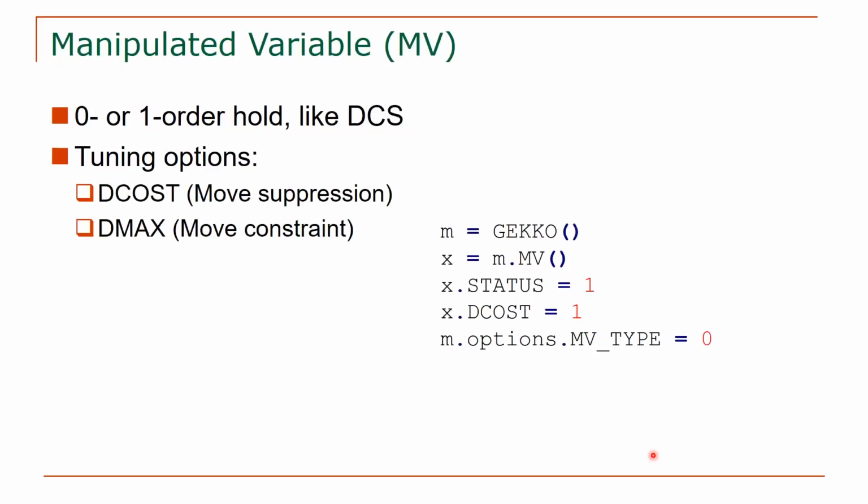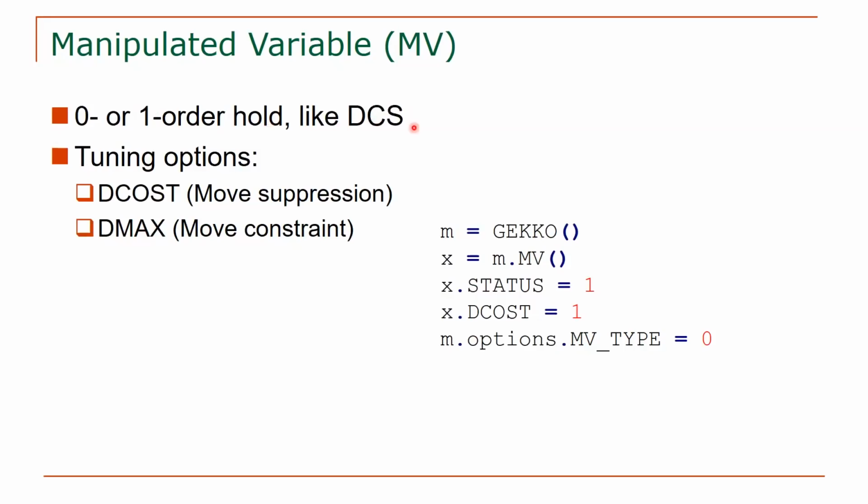So most of Gecko just uses parameters, constants, and variables. Those are kind of the default types, where variables are the degrees of freedom solved by the optimizers. Manipulated variables with the status on, here, this option, means that it's also a degree of freedom, but rather than being a degree of freedom at the finite element bounds and the nodes, they are zero order or first order